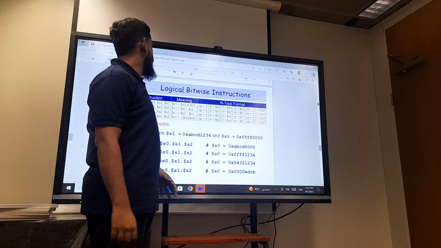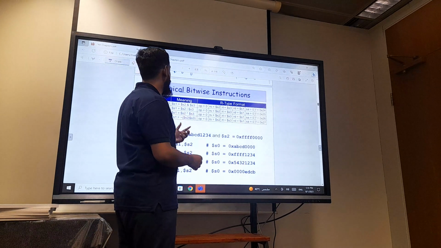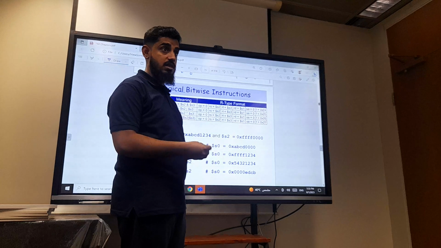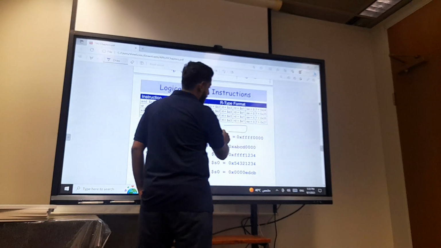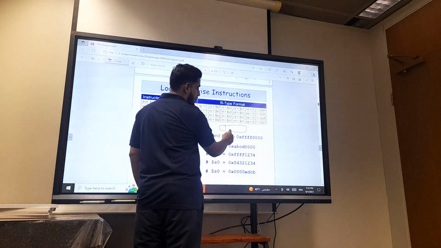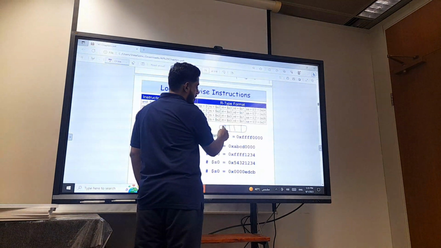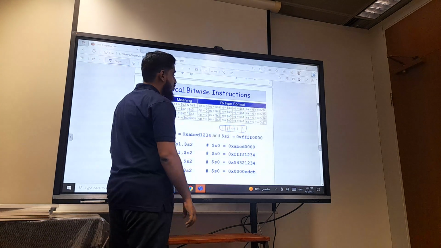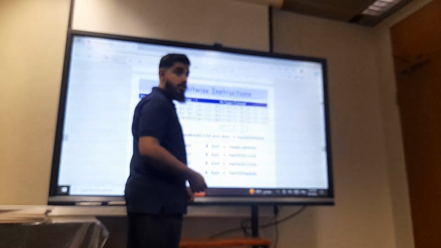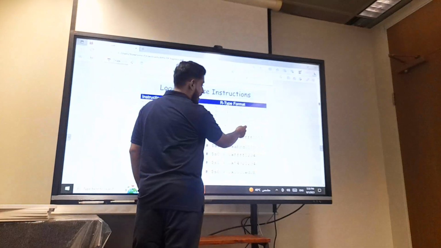What is meant by bitwise? Bitwise means we have to do the operation on each bit, so that's why it's bitwise. Like if we have a register, and each register has bits, let's suppose it is 1 1 0 1 1. If I have this register and I'm doing any bitwise operation, I have to take care of each